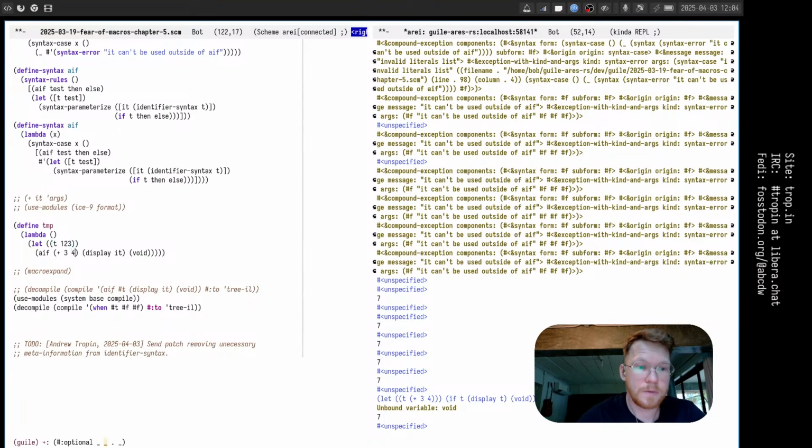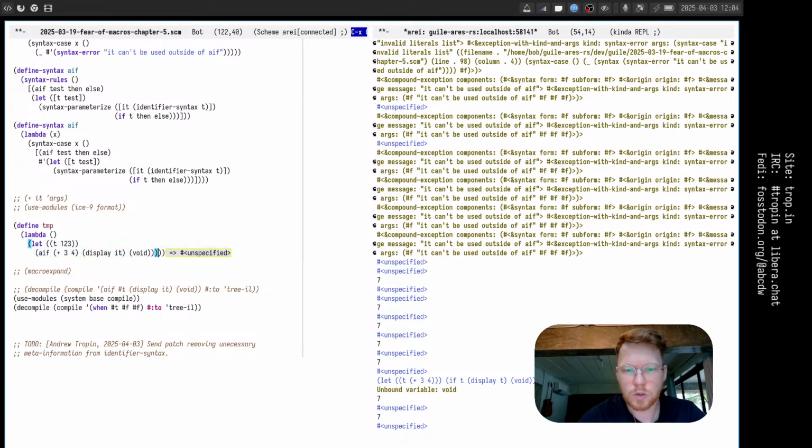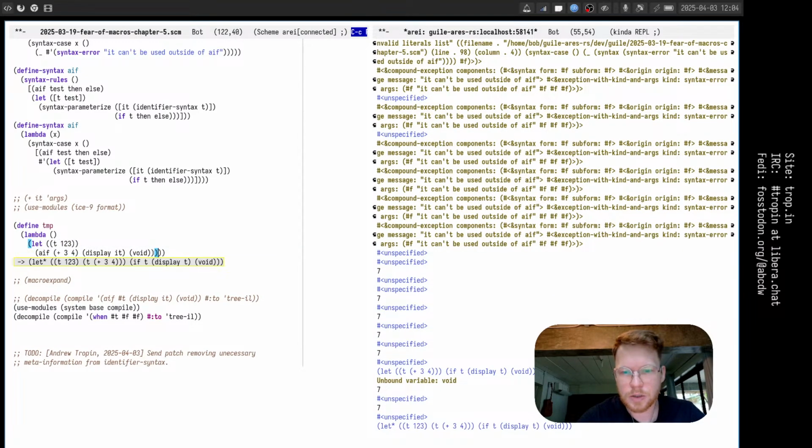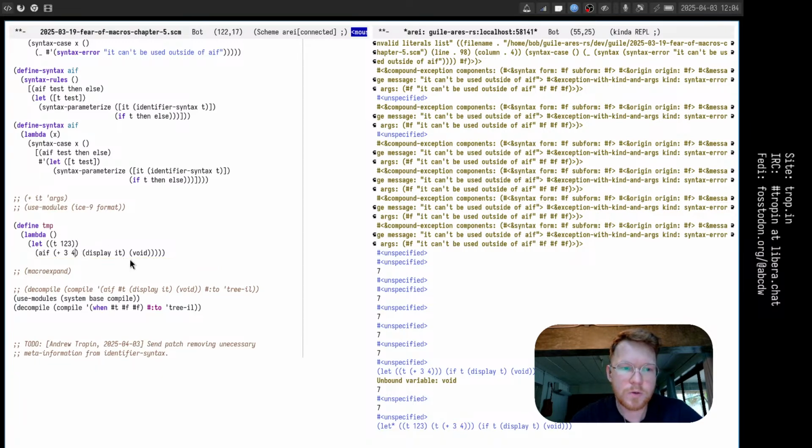right? And we use the t. Oh, let's not use it. And let's see to what it expands. T 1 2 3, T 3 4. You see that inside the scope of this let, inside the scope of if, the t variable is right now bound 2 times. First time here and second time here, and the final value 7 is used. But if we use it in this expression,